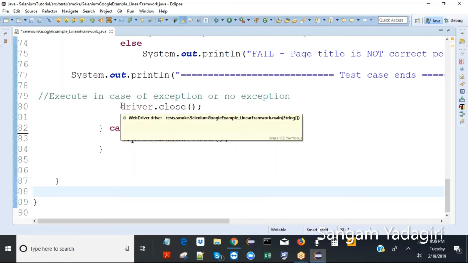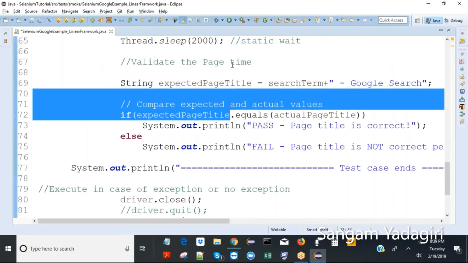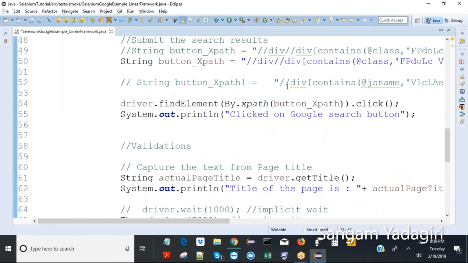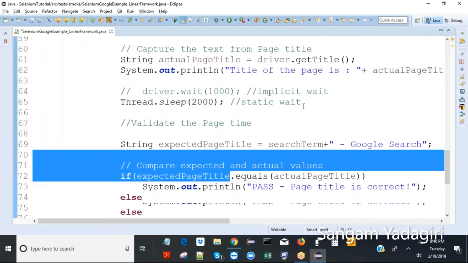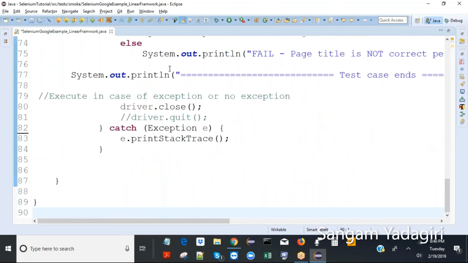For example, let's say an exception is thrown here at the button click. If an exception is thrown, it will come here and it will not execute anything, and it will simply stop there. And if I want to throw the exception, I can throw it